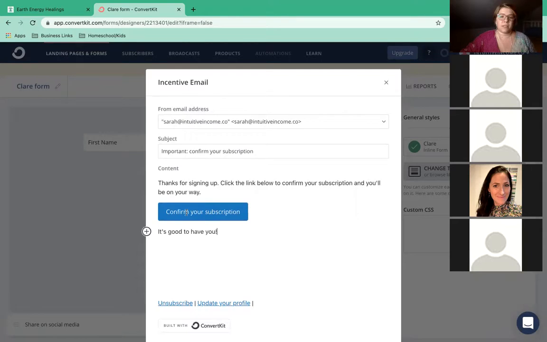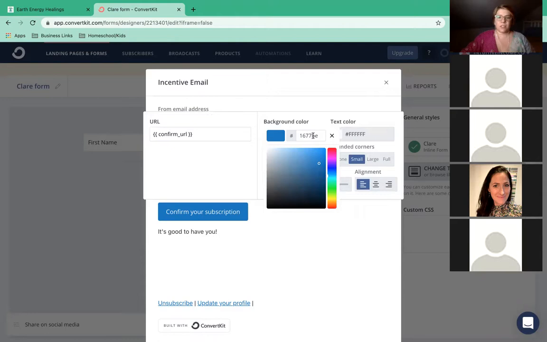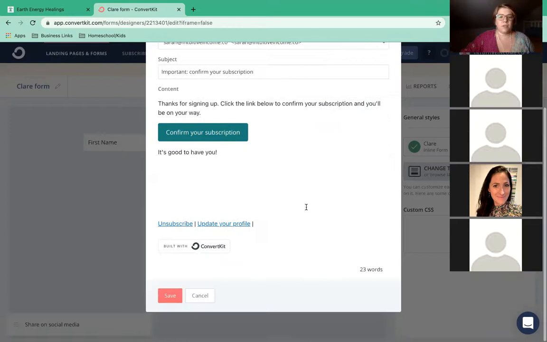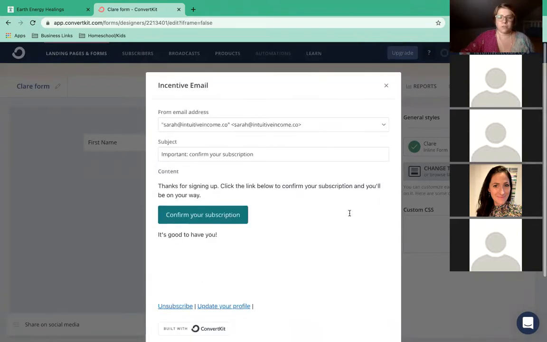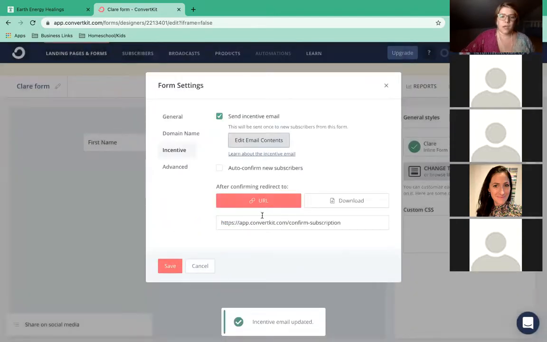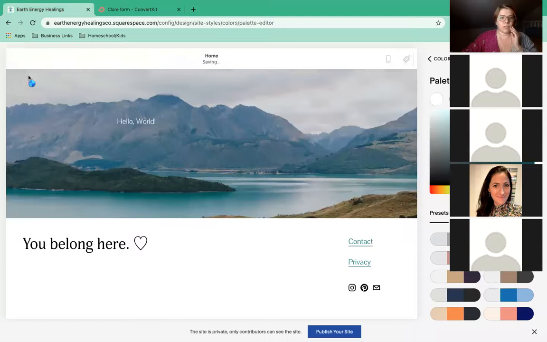And so here's what the basic content of that thank you email looks like. I'm going to change again the color of this button to be in alignment with my website colors. And you can edit that however much you want to. Let's see, how can I save it? There we go. And then the URL, it's going to redirect to this confirm subscription page on ConvertKit, but I found this to be confusing. So one thing that you could do is, I'm going to go to save changes here,